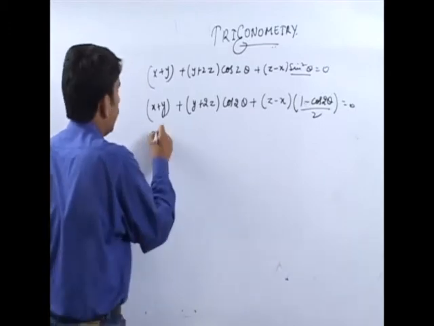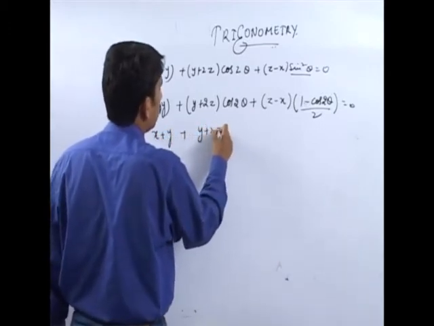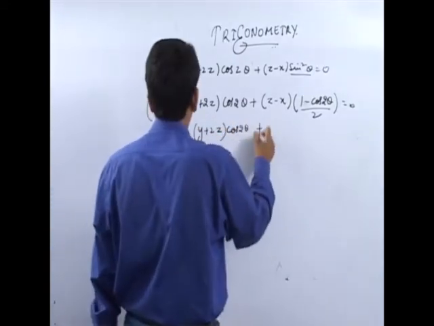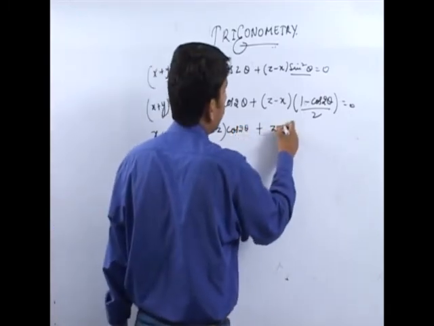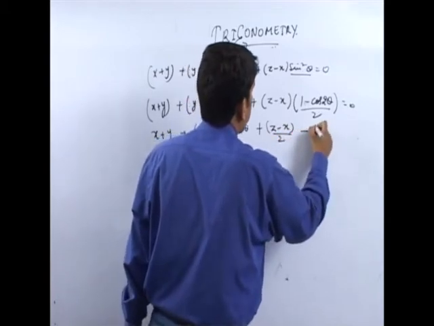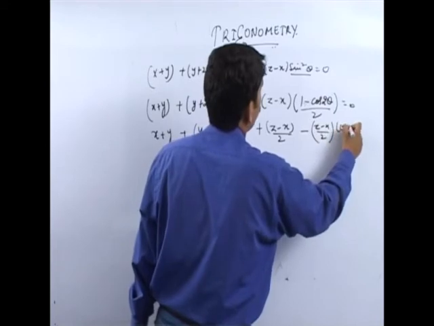Now if you separate the two terms, then you will get x plus y plus 2z plus cos 2 theta into z minus x divided by 2, minus z minus x divided by 2 into cos of 2 theta